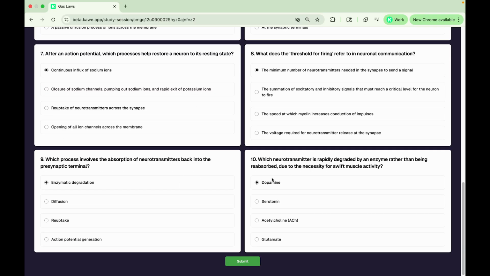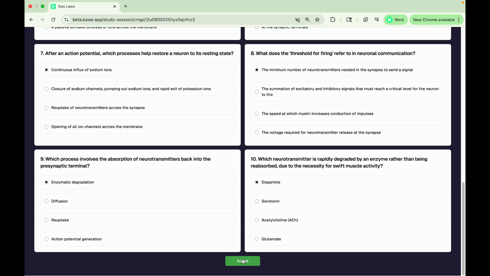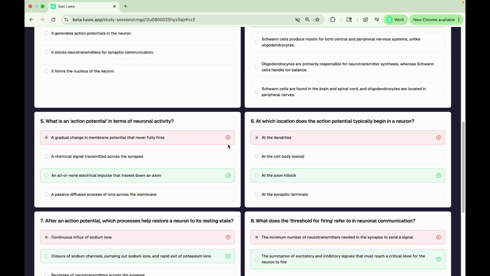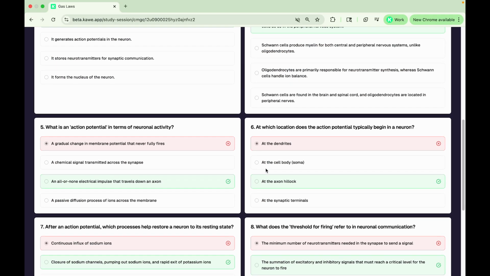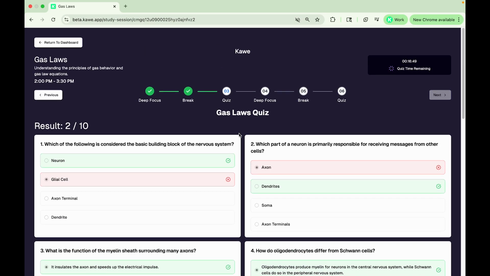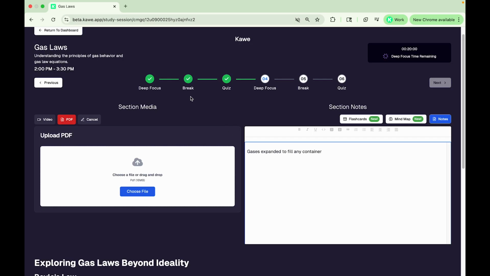So here's the quiz section. Just for demoing's sake, I'm just choosing random answers. And once I click submit, it's going to give me a score. And as you can see, I have a lot of studying to do. So here we're seeing the answers that I've got correct and incorrect. So once that is completed, what you can do is go to the next section, and very similarly